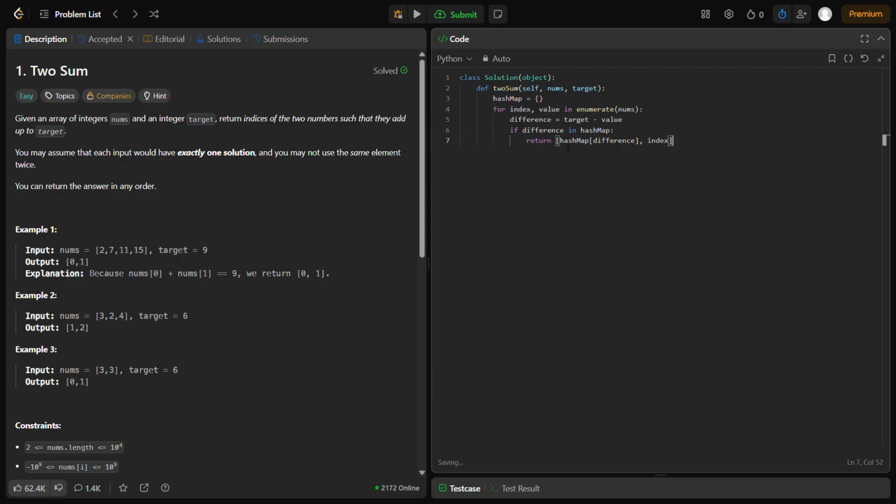I'll explain a little more about this stuff, but we'll see what happens first if it's not in the hash map. So for the first iteration, the hash map would be empty and we would be at value 2. So we would do difference equals target minus value, which is just 9 minus 2 equals 7. So difference would be stored as 7 in this first iteration. So if the difference is not in the hash map, since 7 is not in the hash map, which is empty right now,